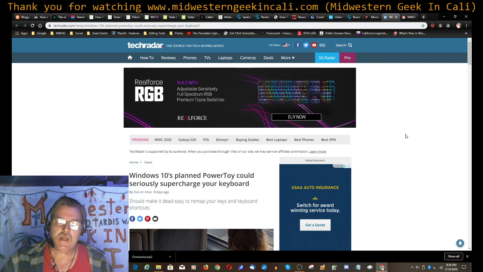And what that does is it allows you to custom map keyboard shortcuts, and that's probably enough to tell you right there. If you're into customizing your PC and you like keyboard shortcuts, and believe me, once you know keyboard shortcuts, it's a much faster way to get around than with the mouse.